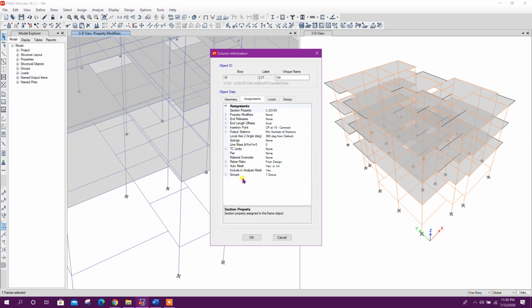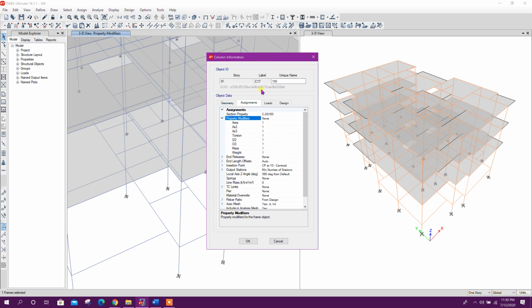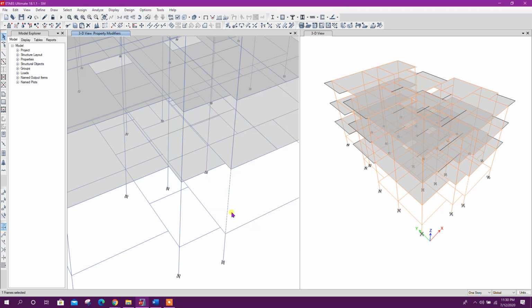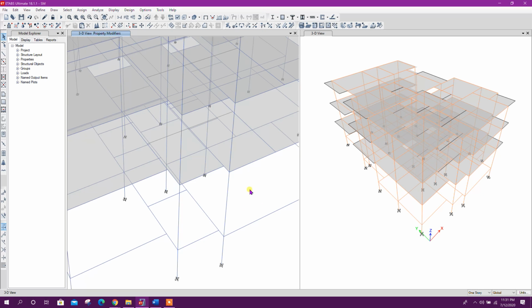Now this is one column section, C20 by 50. Here we can see the property modifiers are none, that means all factors are 1, although we have changed them inside the section property, which will not be shown here. Click on OK. With this stiffness modifier we go through the design.